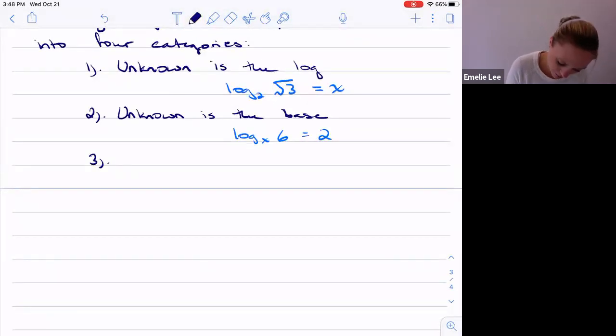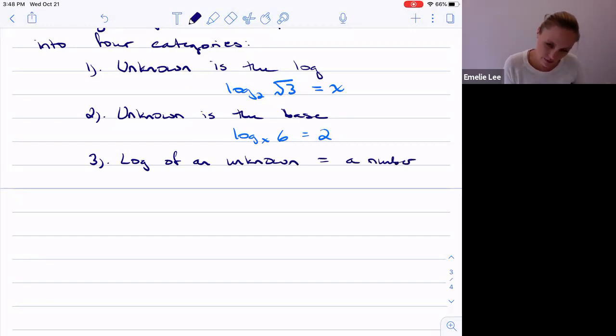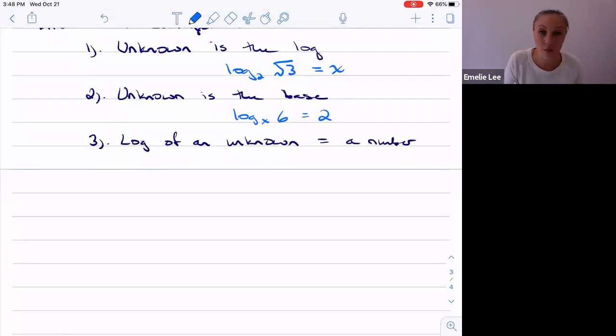The third option is the log of an unknown equals a number. Kind of a simplified version of the next one where it's going to be equal to a log. So if you have something like the natural log of x equals 5,